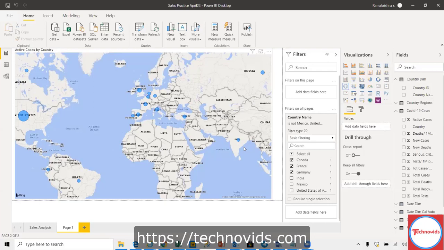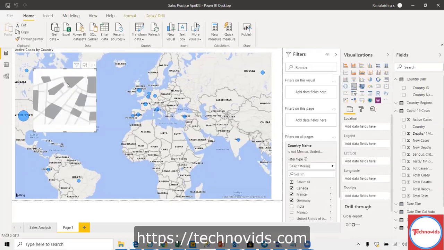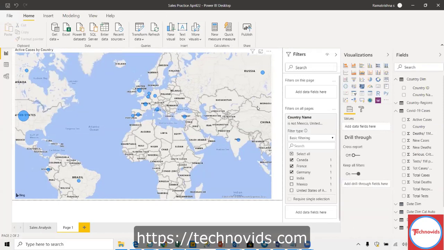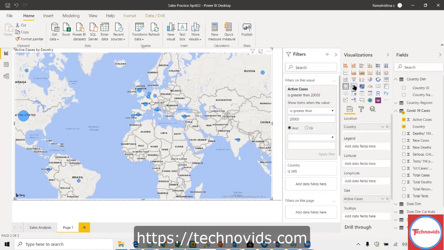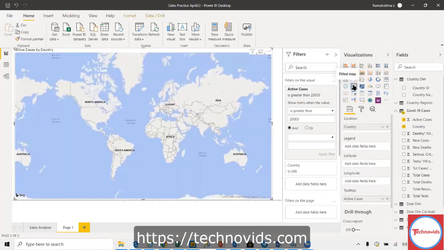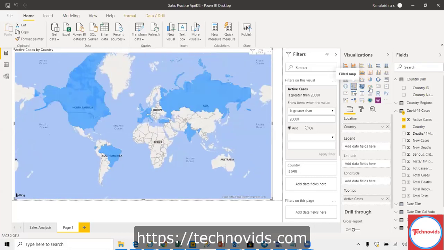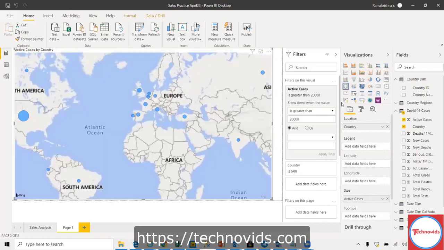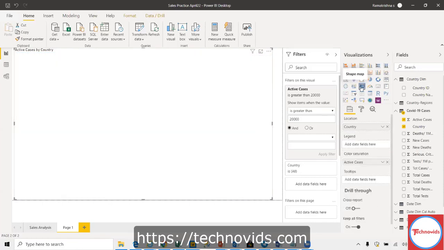Wherever country type data is there, Microsoft has given the map, Bing map. So using Bing map, we are able to do this. One second, let me remove this. I think they have given 2-3 variations of the maps. This is a filled map, where it is filling the country itself, the whole country is filled. Whereas here it is marking within the country. And one more option is also there.